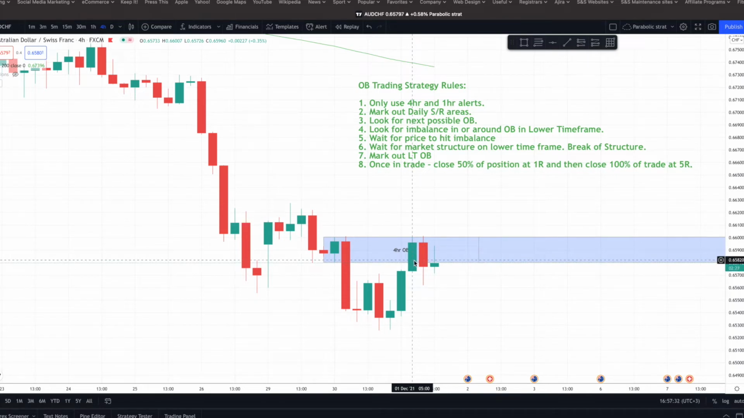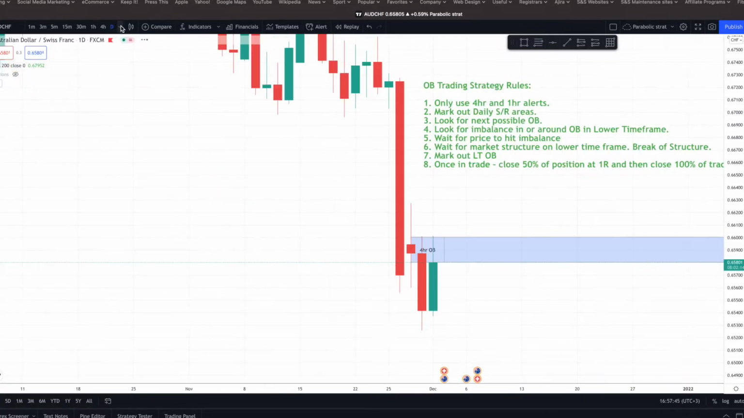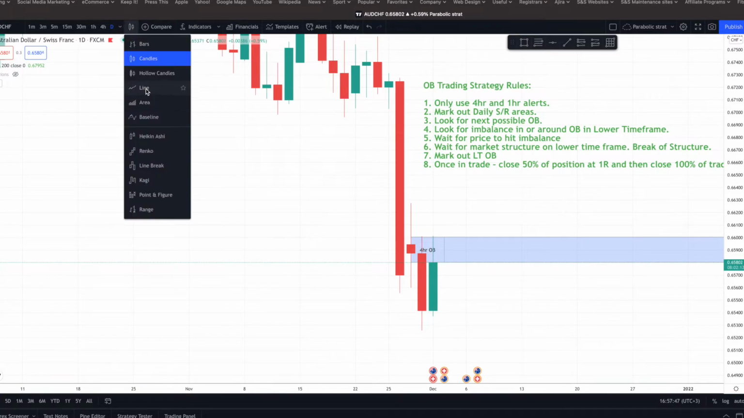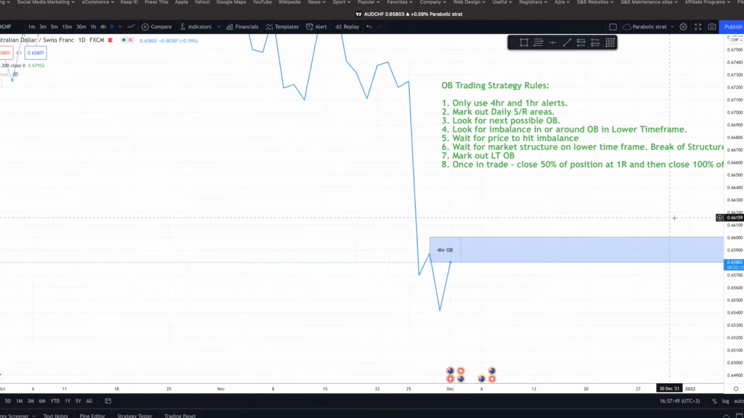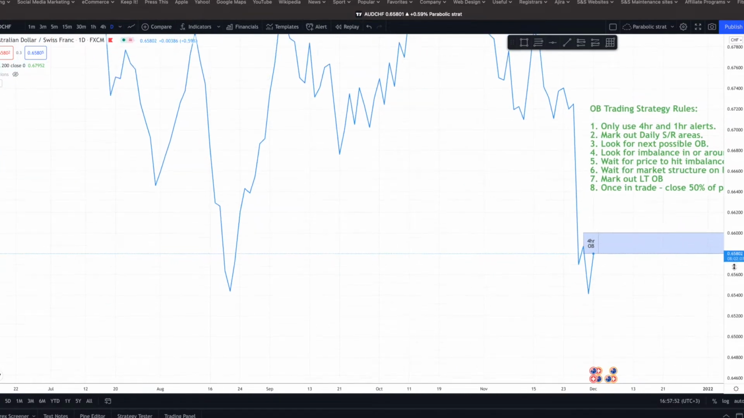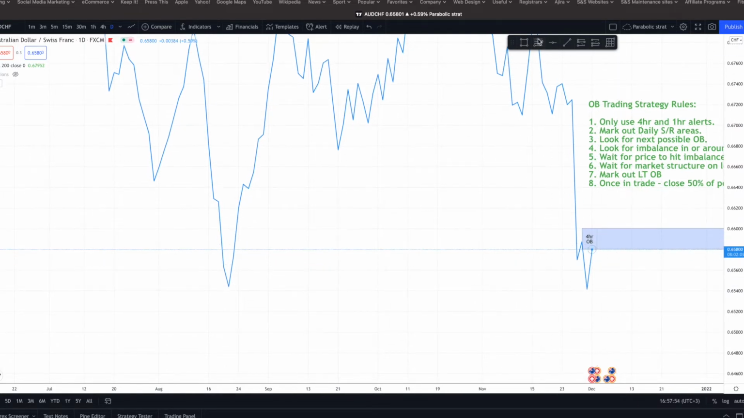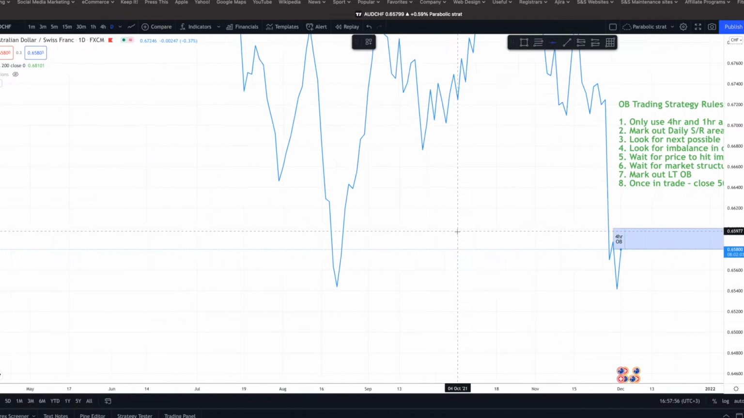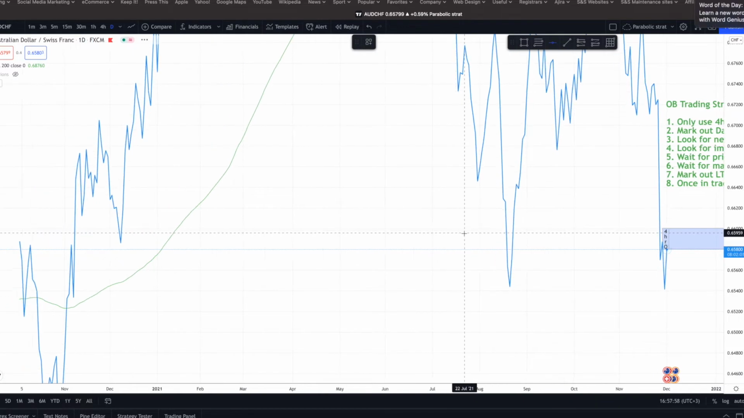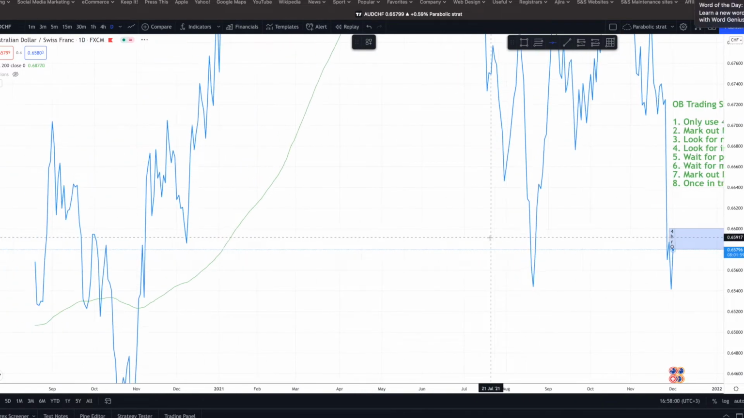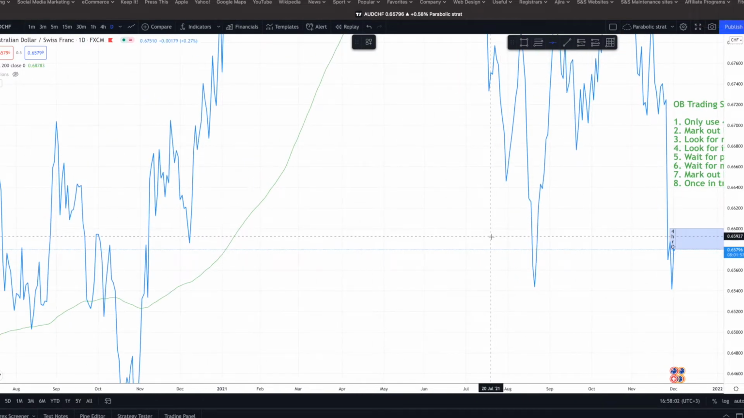So obviously we're marking it out on a 4-hour, that's step one. Step two, mark out my daily areas of support and resistance. What I do is I go to the daily and switch to the line chart, because I find it a little bit easier to mark these up on the line. And then I will just mark out nothing really here, to be honest. I'll go further back. Let's see. We have got